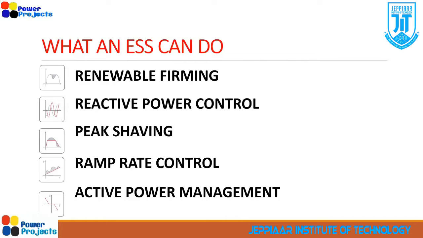I have used the terminology energy storage systems, but you can always relate that to battery energy storage systems, because most of our discussions are going to be related to battery energy storage systems only. It's used for renewable firming, as we have talked. Wind and solar are intermittent in nature, which provides infirm power. That means the power is not constant, it's continuously fluctuating, depending upon the availability of wind and solar.